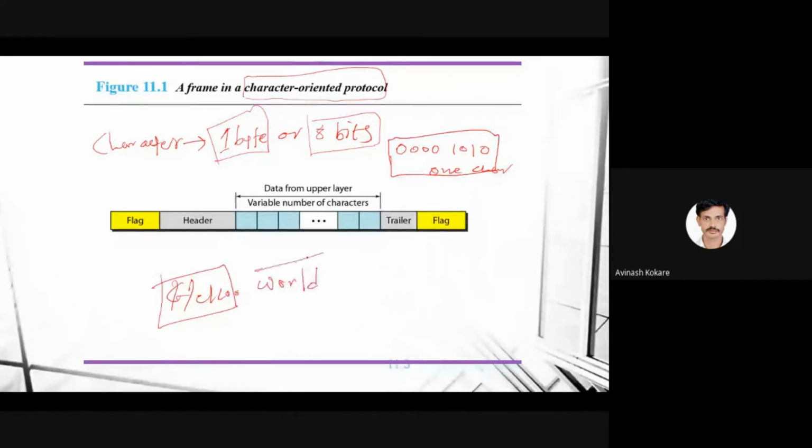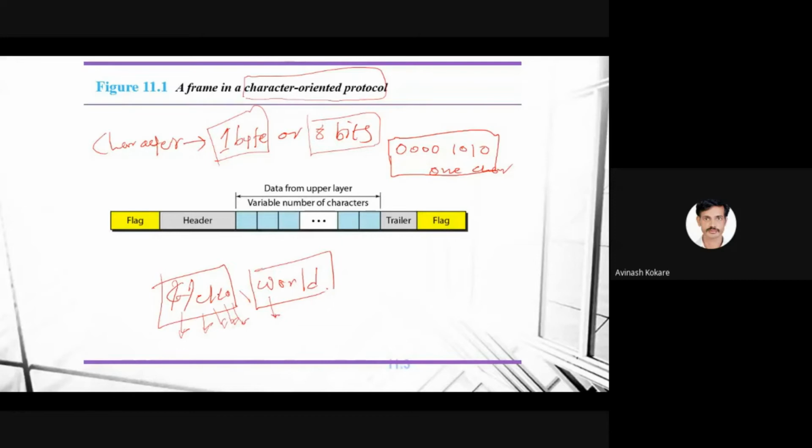Hello has 5 characters: 1, 2, 3, 4, 5, and world also has 5 characters. This will be sent as the ASCII code for H, the ASCII code for E, the ASCII code for L, the ASCII code for L, and the ASCII code for O. Then this frame ends here, and the next frame starts here.